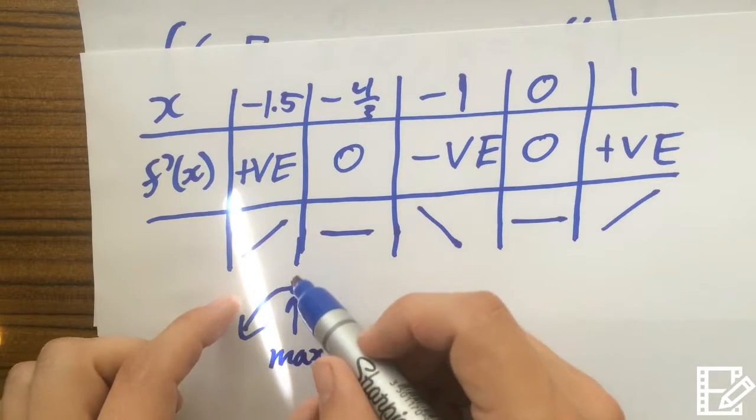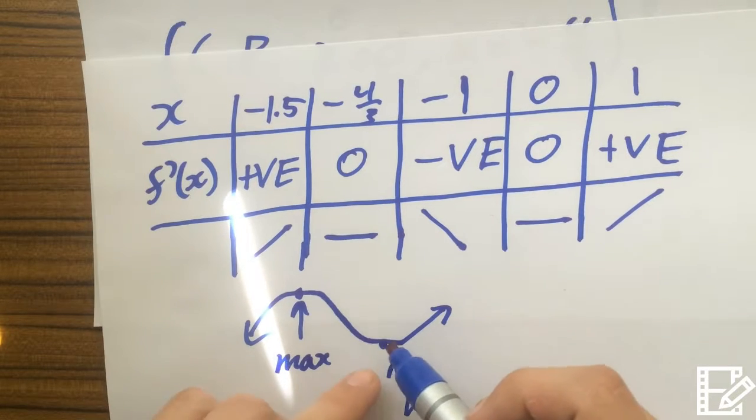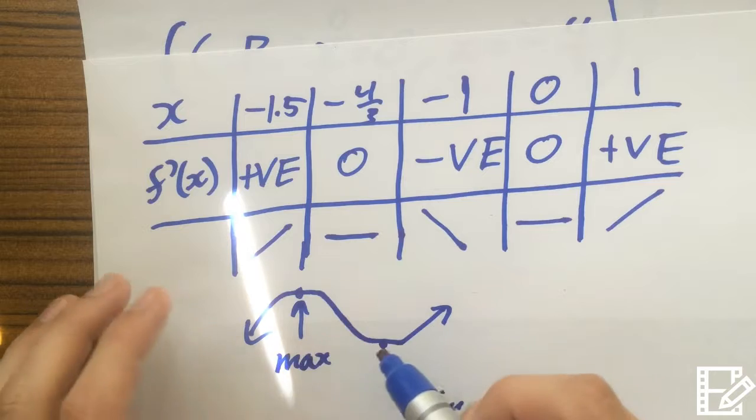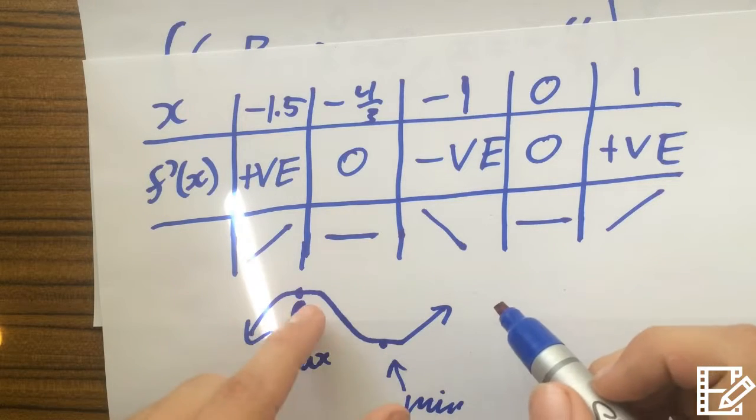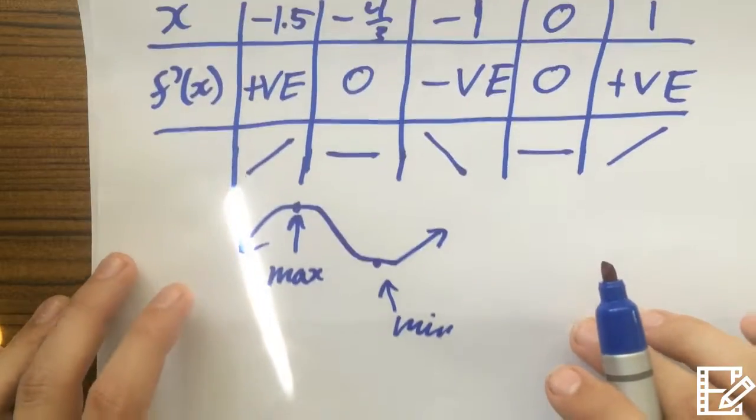This has the highest value of its surrounding points, and this has the lowest value of its surrounding points, which just means it's the minimum value and there's the maximum value. Okay, so